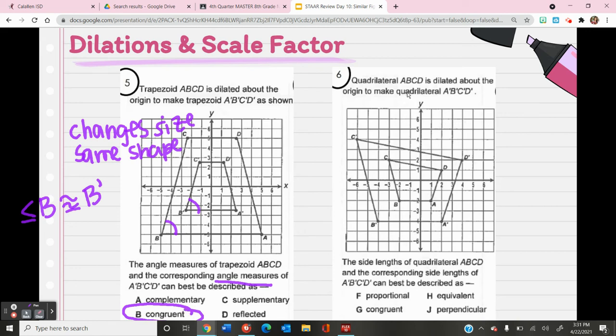Then I have number 6. It says quadrilateral ABCD is dilated about the origin to make quadrilateral ABCD prime. The side lengths of quadrilateral ABCD and the corresponding side lengths of ABCD prime can be described as. So if you look here at our side lengths,